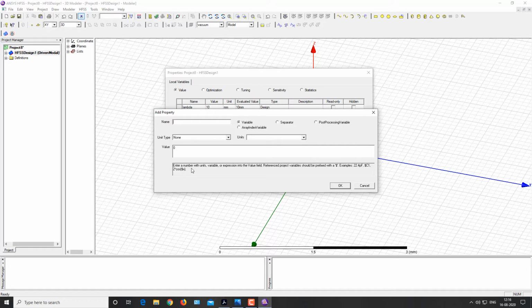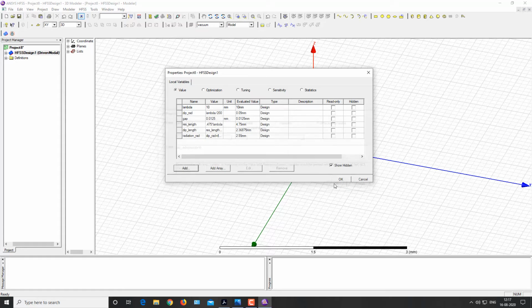Then give the name radiation underscore RAD, which is the radius of our radiation box, and the value for this will be radius of our dipole plus lambda divided by 4. Then click on OK.